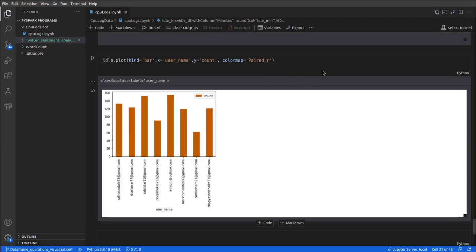And that's all in this video. We have seen the SQL queries we ran on the data frame, and the data frame we generated from the CSV file, and we have plotted that output in a pie chart as well as a bar chart. And that's all for this video.